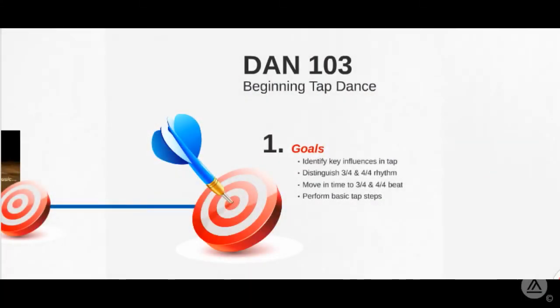So let's look at an example of a specific course. Let's think about Dance 103, Beginning Tap Dance course. And so going from the backward design model, the first step would be to think really carefully about my goals for students. If I want them to get some beginning tap dance knowledge, it might be important to me